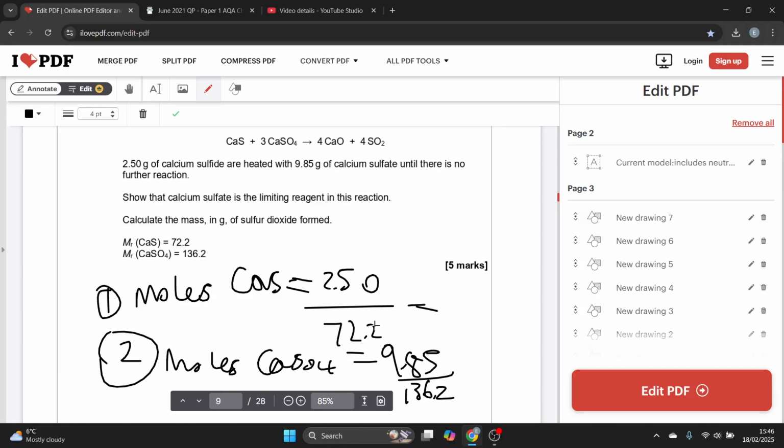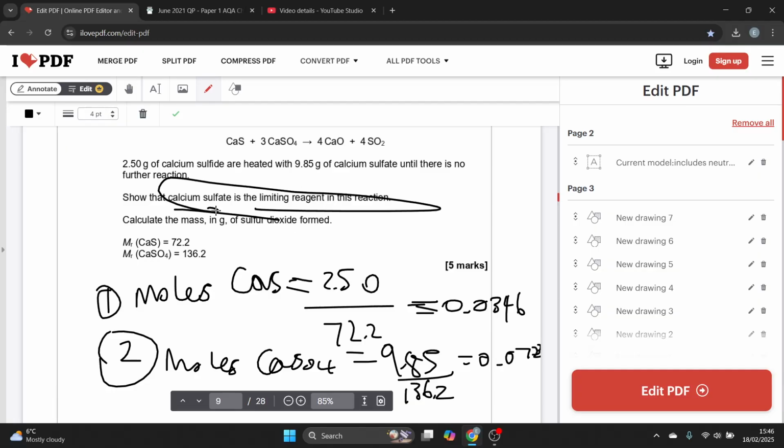Once I've got these values, 0.0346 and 0.0723, I want to show calcium sulfate is the limiting reagent in this reaction because it is a 1 to 3 molar ratio. So the expected moles, 0.0346 times 3, is 0.1038, but it's not. It's 0.07. So show the moles, and then say 3 moles of this